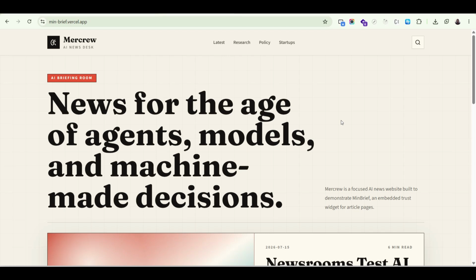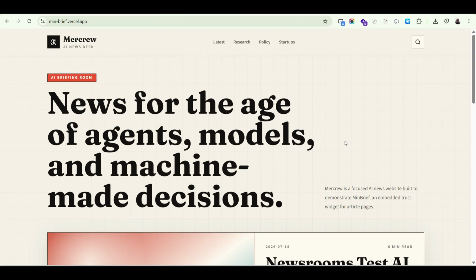So let's move to the problem statement first. Today we consume lots of news and articles online, and an article can be very long, and one can easily miss what is the factual information or the opinion that is present inside the article and what information might be missing from this article. So that's why I built this product called MinBrief, and it stands for Minute Brief. This is not just another wrapper around the LLM, it's actually a trust kit that helps readers understand articles faster without losing connection to the original sources. And today time is everything. So let me show you how it works.